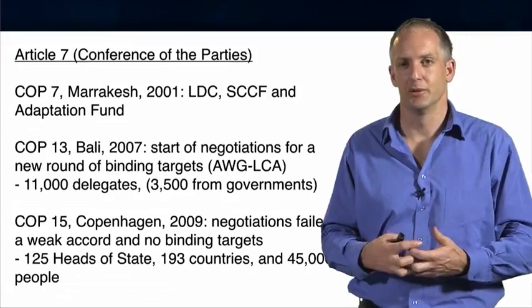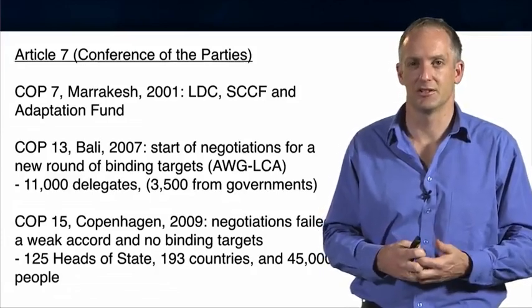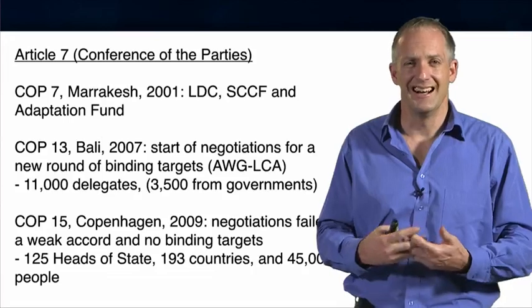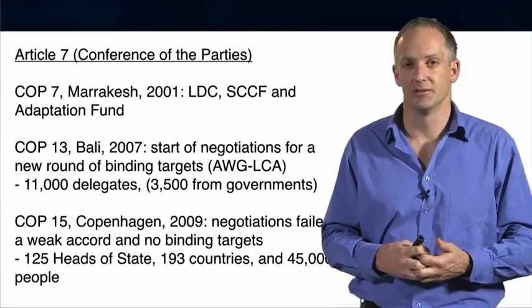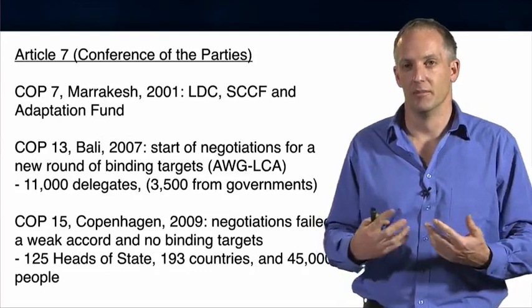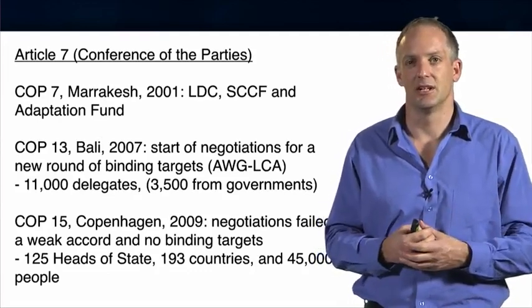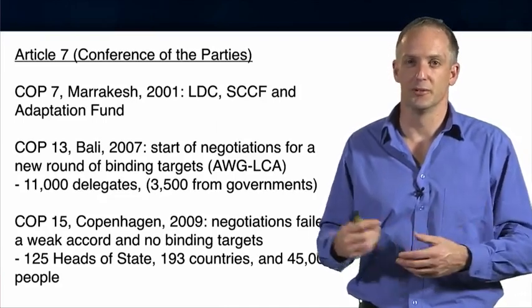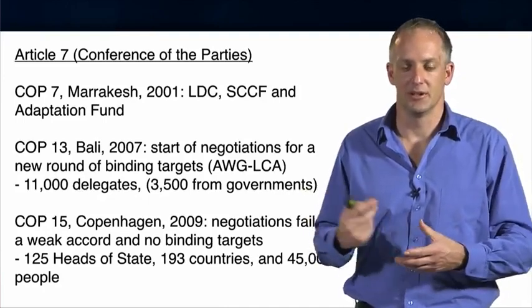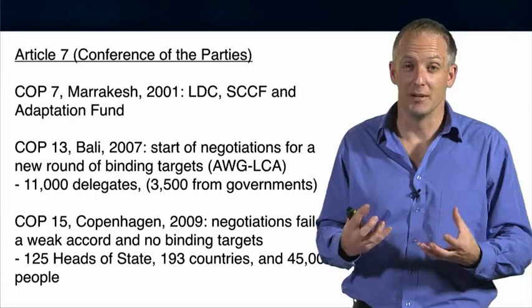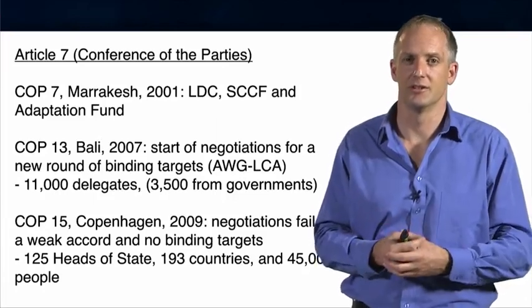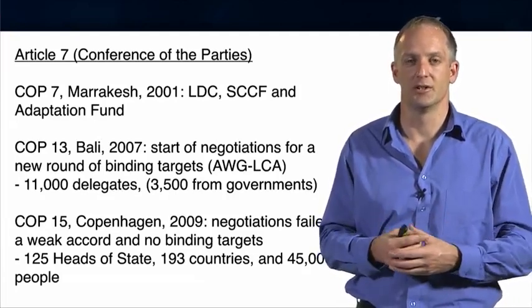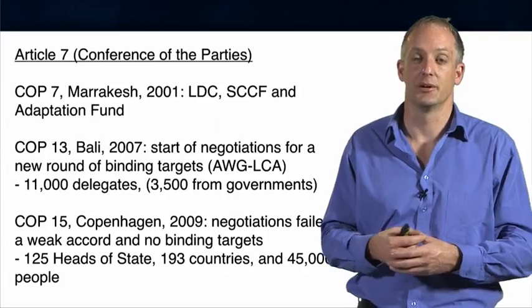The actual number of people who are seriously engaged at the coalface of negotiations, who are trading words and trading ideas, is far, far smaller than that. Actually, the COPs often end up unresolved, and the critical issues come to a head usually on the last night of a two-week meeting with a group called the Friends of the Chair, who typically involve some people from Europe, a small island states representative, someone from the United States, someone from China and India, from the main players, the Group of 77, the least developed countries group, trying to resolve their differences so that some resolution, even if it's non-binding and not particularly satisfactory, is issued, so progress can still be said to be made.